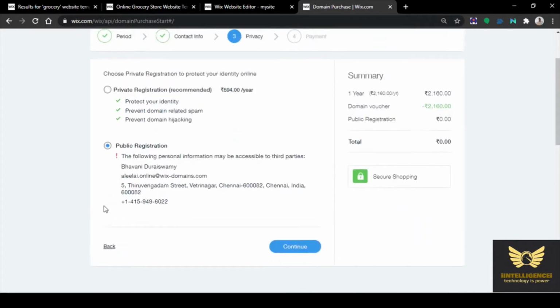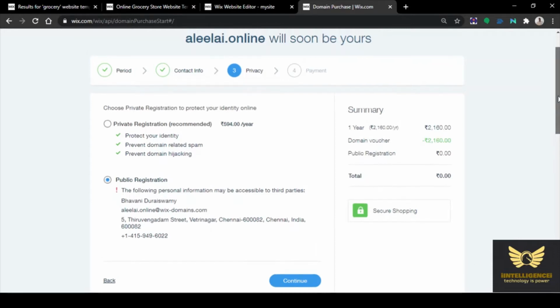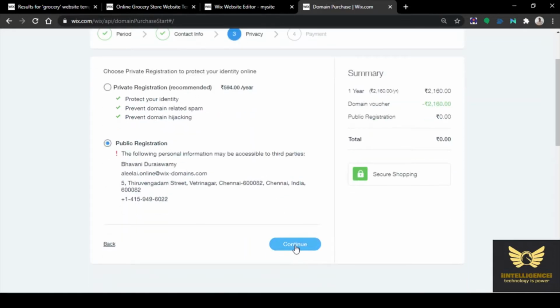Since it is an HTTPS website, you can just neglect it and go for public registration and then click continue.